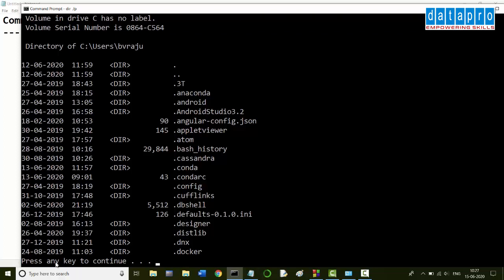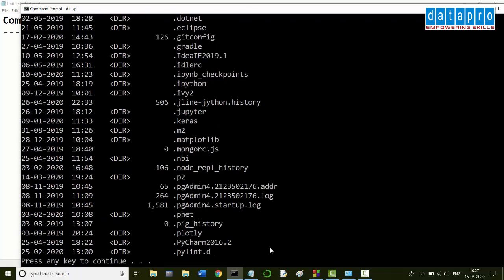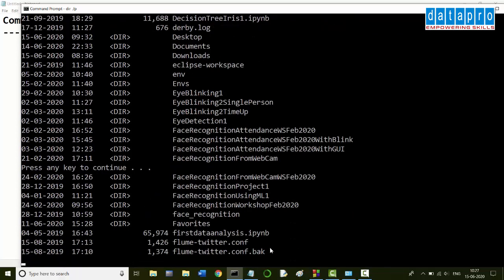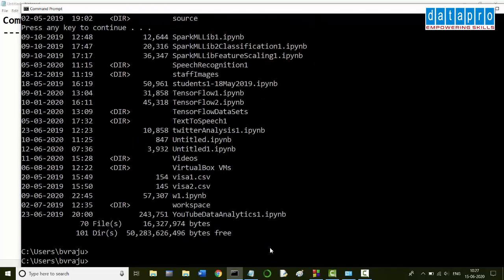Notice that it is asking us to press any key to continue. Now another screen, and so on and so forth. So that is an option or argument for the command.